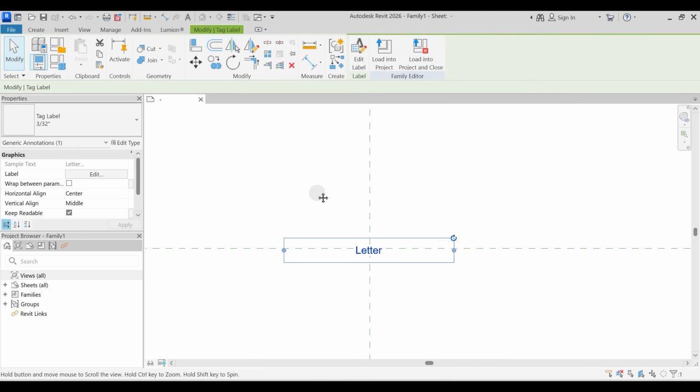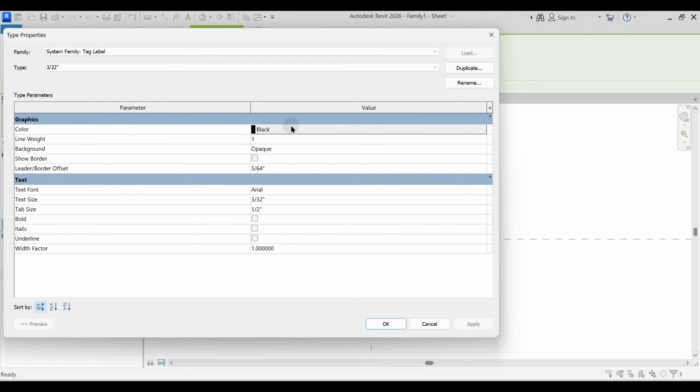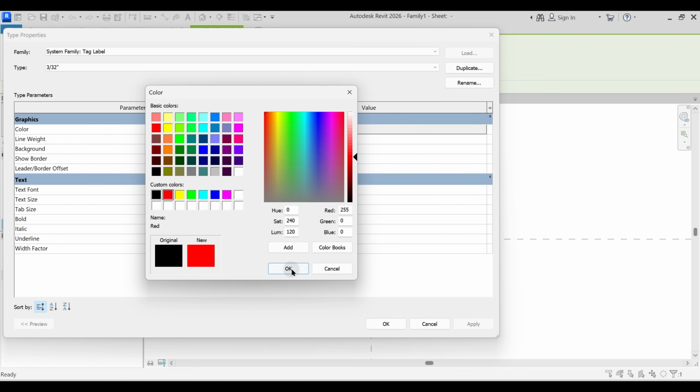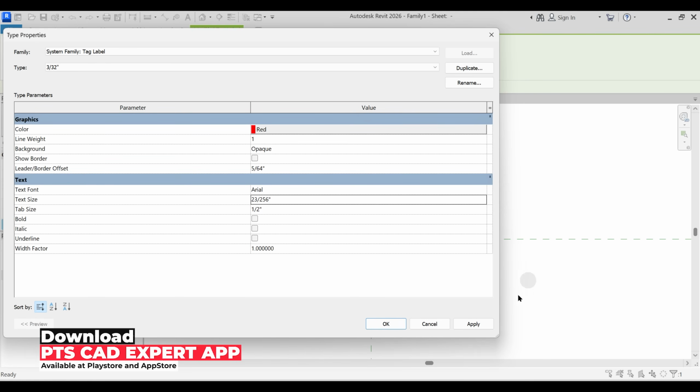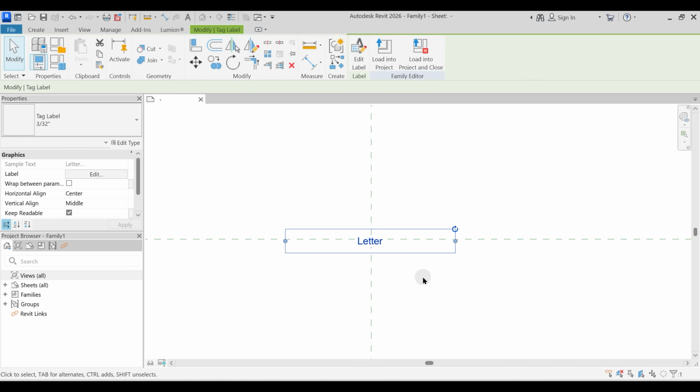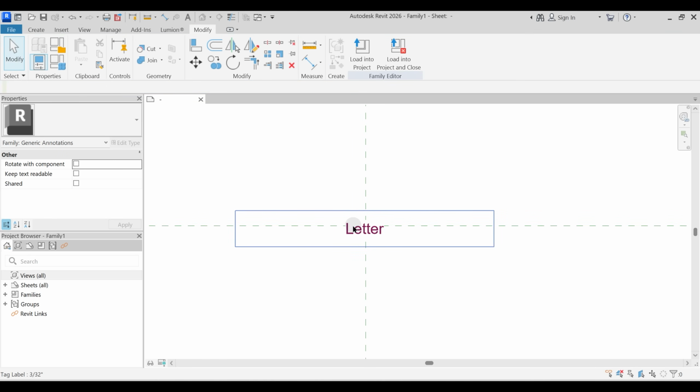Fine. I will just select this, go to edit type of this, and change this color to red. And text size, I'll just say 0.09 inch, 23/256 of an inch. Okay. Now this particular